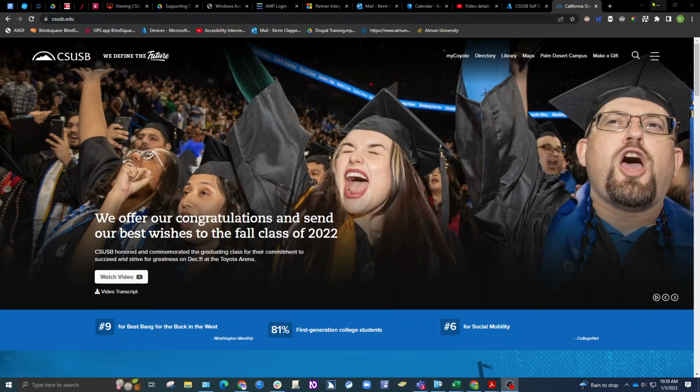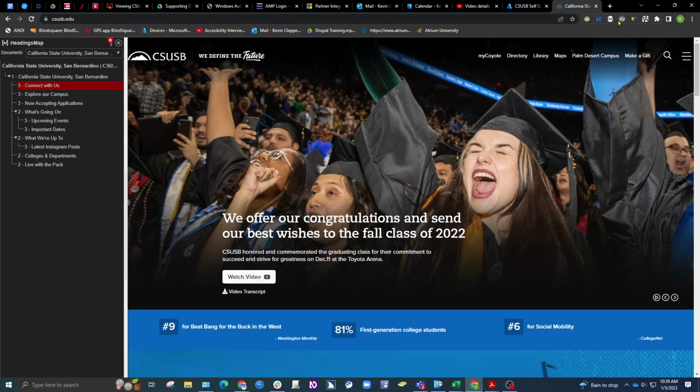If I were to go back to our example of the campus website, I have a little Chrome extension tab here called Headings Map. If I click on that, you can see that we have the campus website divided up into different sections. California State University, we actually have this out of order, so we need to fix this. What's going on has two follow-up headings with heading level 3 of upcoming events and important dates. But on the very top, we have California State University San Bernardino, and that is a heading